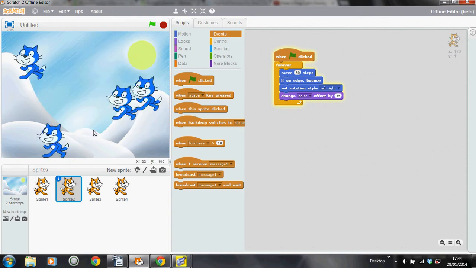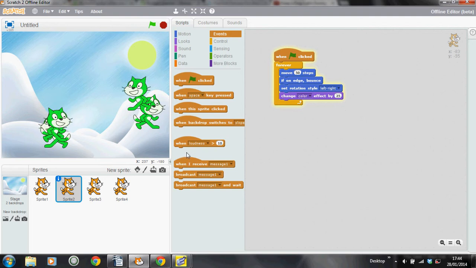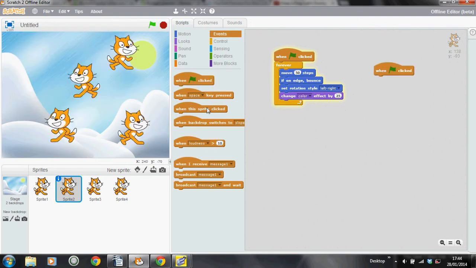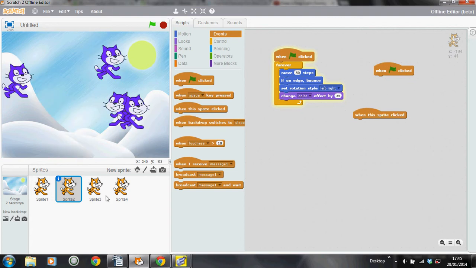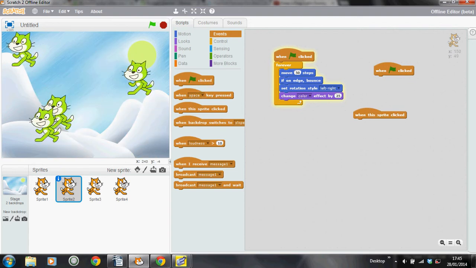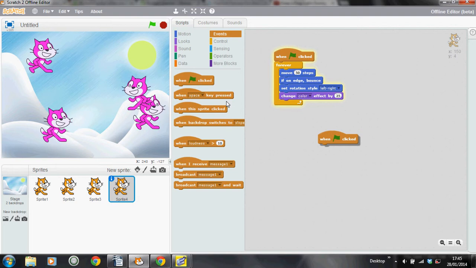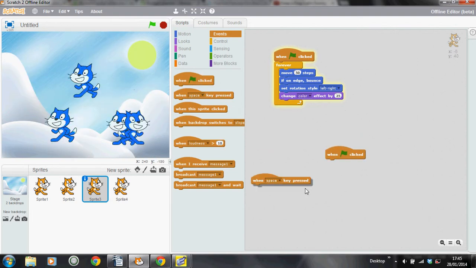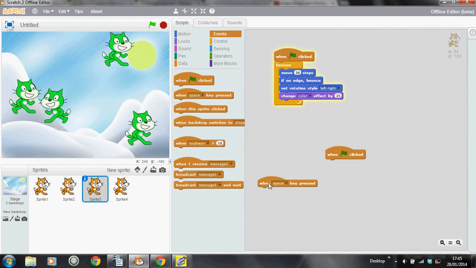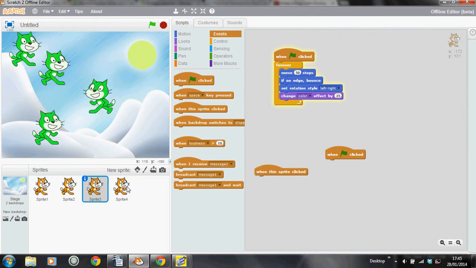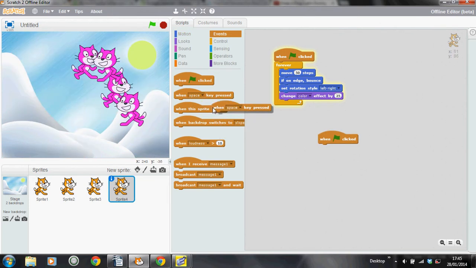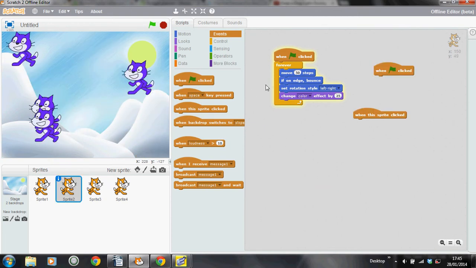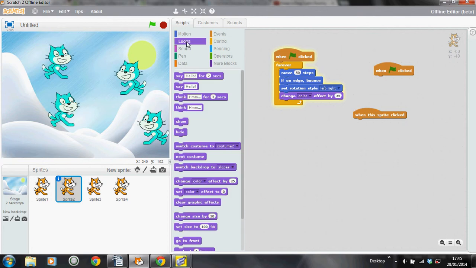And we're going to do the exact same of what we did on sprite number 1. We're just going to do that. Get these out. Not when space. When this sprite. I bet I did space, didn't I? Yeah. Sorry for the mistake there. If I just go, yeah, right, and then we go on looks again. And we go show, hide,